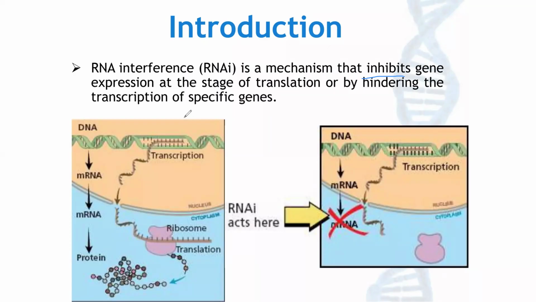So in simple terms, RNA interference is used to degrade or digest the mRNA produced from the DNA in the nucleus. Therefore, whenever you have RNA interference, it can easily block the translation, that is, it inhibits translation. That is the importance of RNA interference. Okay, and then now,